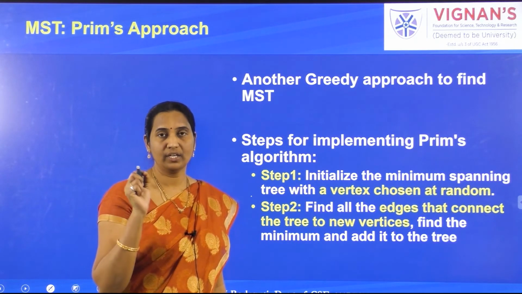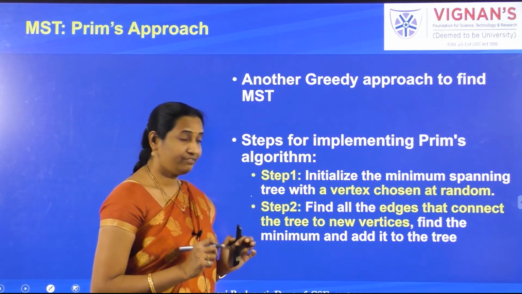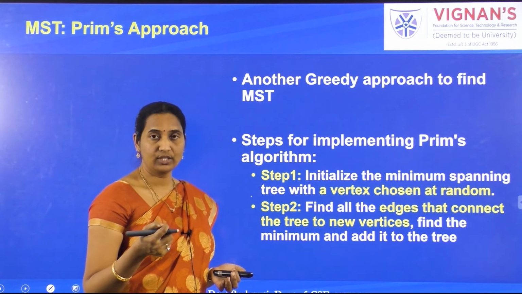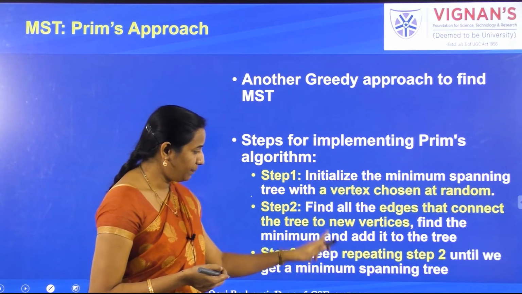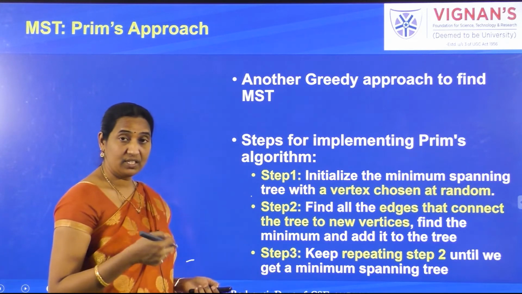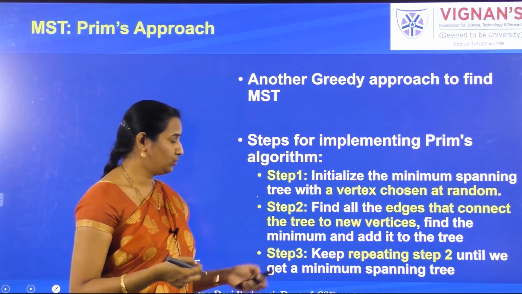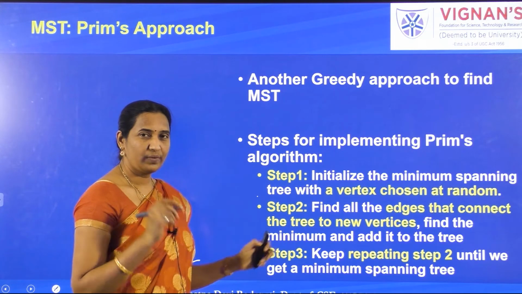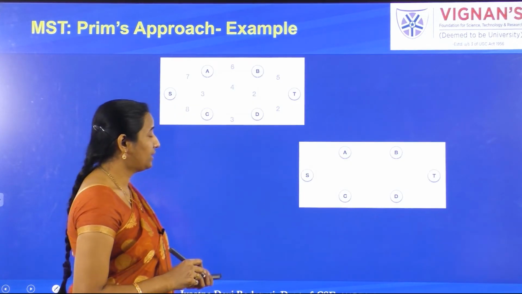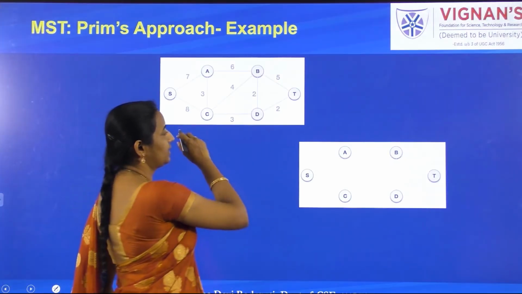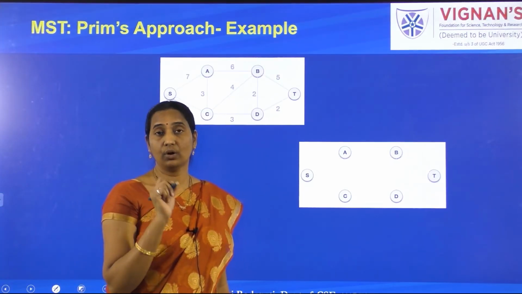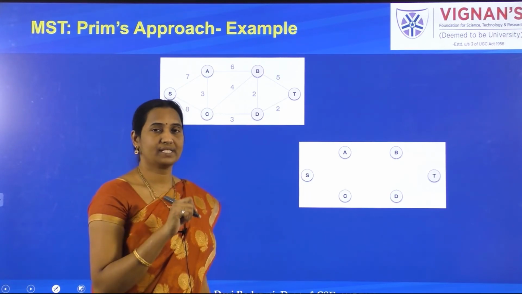So such edges only you need to select, and then if it is not forming any cycle, you can add the connected edge to the solution. This step has to be repeated until we get a spanning tree, or n-1 edges are added to the spanning tree. You need to repeat the second step. When we demonstrate the example, all the doubts will be cleared. So now let's consider this example. This is the given graph, the same graph I am taking, and we'll see now how Prim's algorithm and Kruskal's algorithm are different in approach.